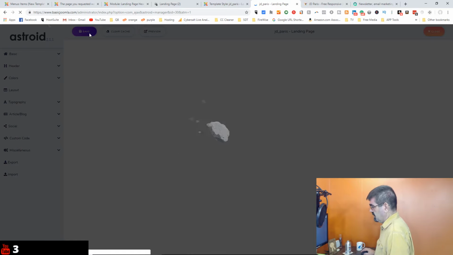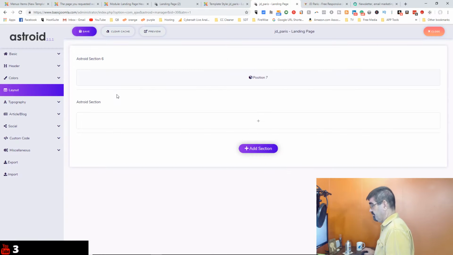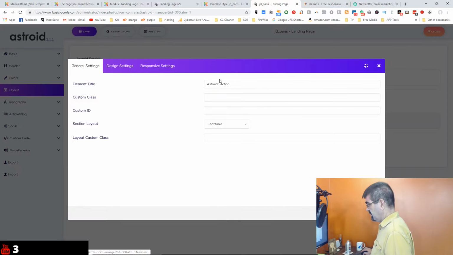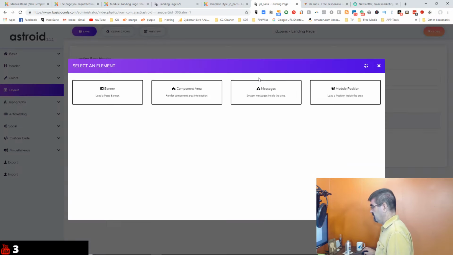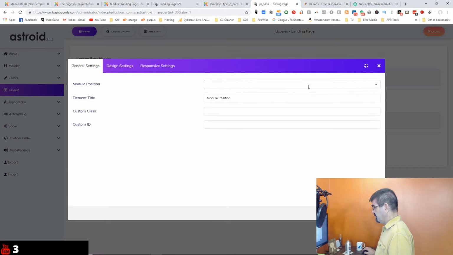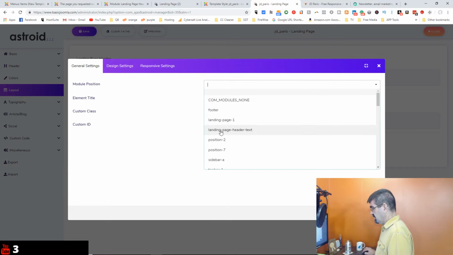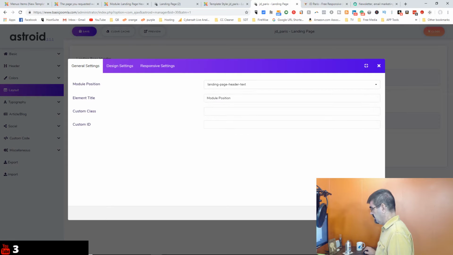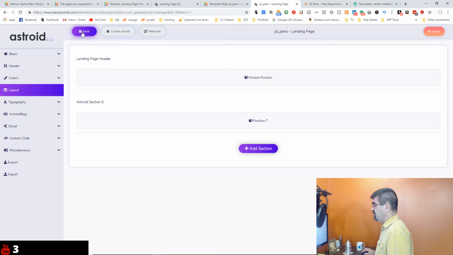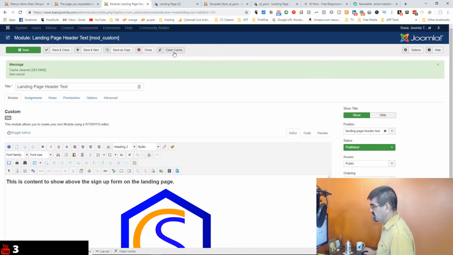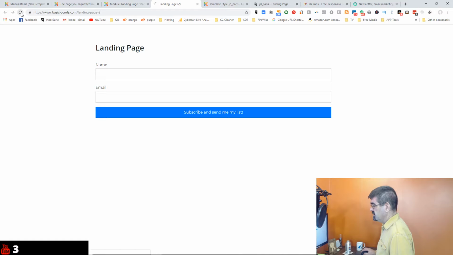And I don't think I saved these changes, so that means I'm going to have to create that section again. No problem. Drag that up there. And just give this the name landing page header. Save that. Now we add an element, which is the module position. And the module position is the one we just made, landing page header text, and go save. Now when we save that and clear the cache, and also clear the cache on the site, and we refresh, now our landing page